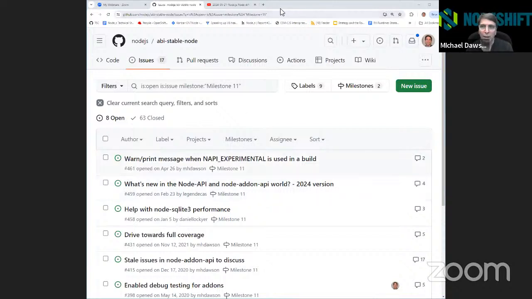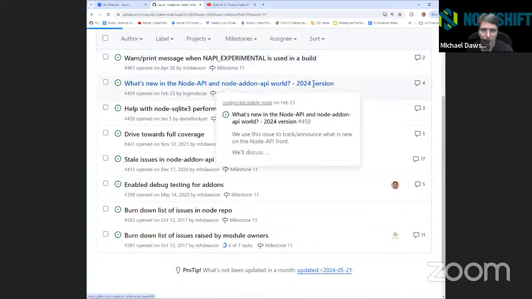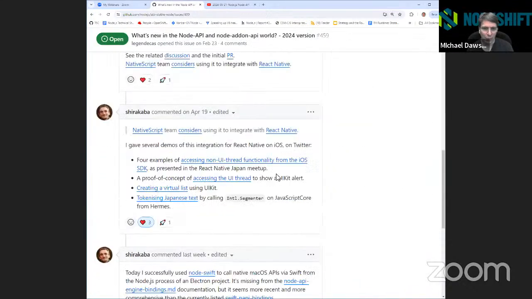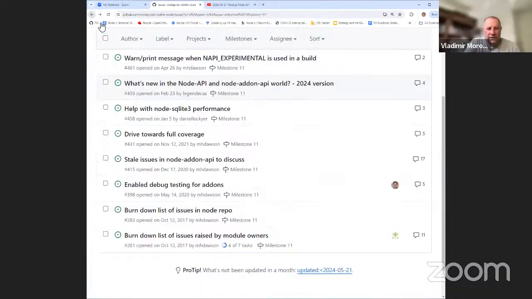Okay, so any announcements or news that people would like to share? I think what I did see is last time we'd discussed the mention of Node Swift here, and I did see that Nicola had PR'd that into our list and landed that, so that's good. Perfect.